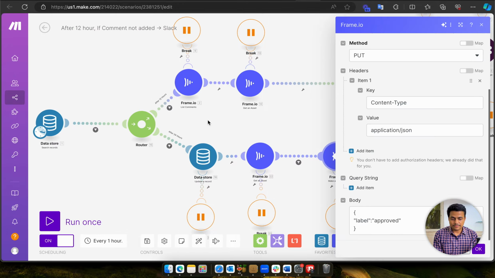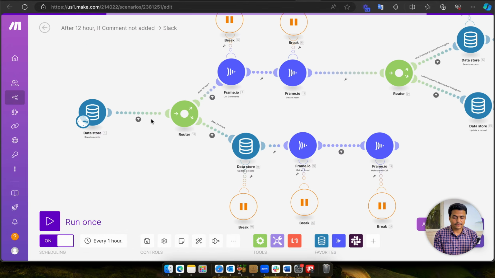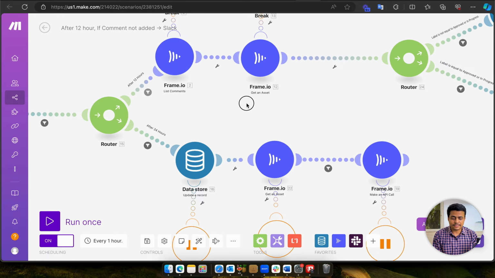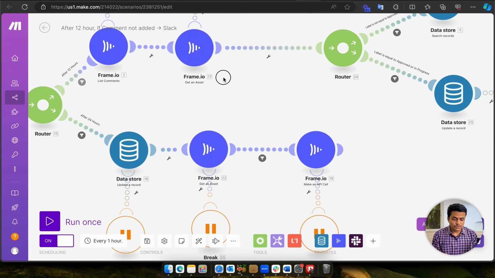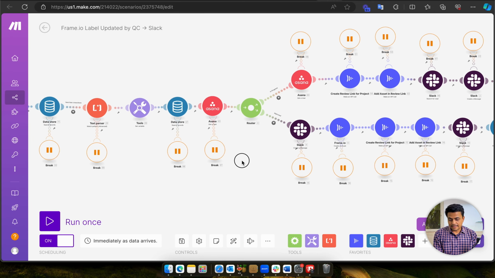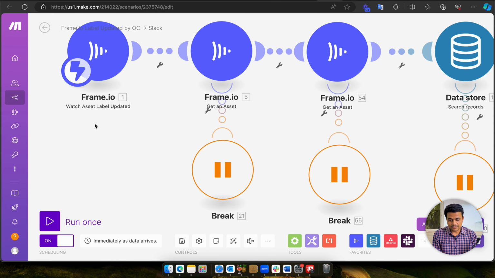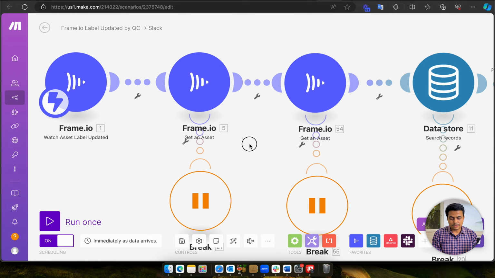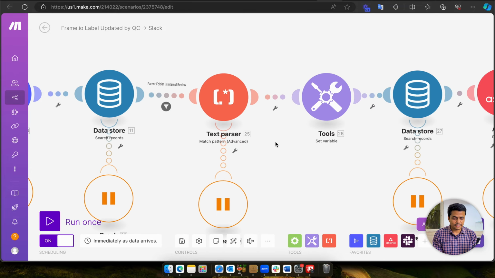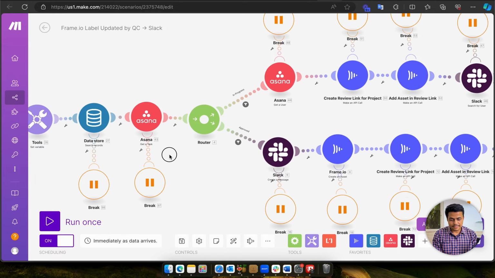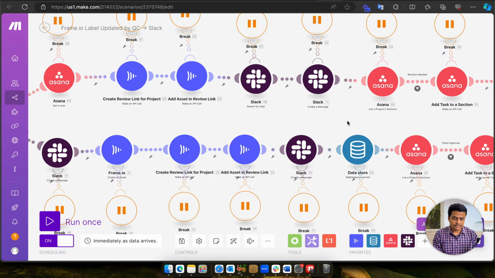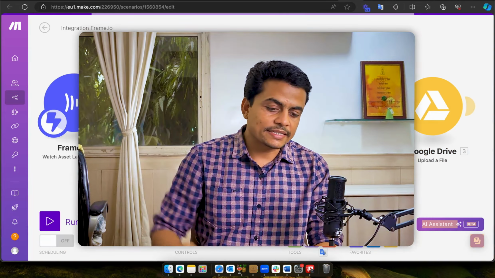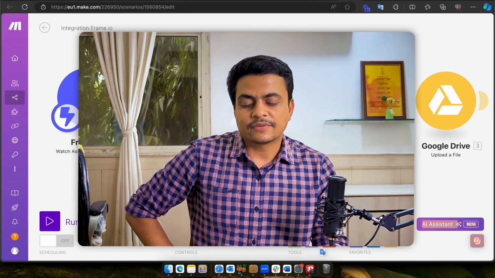Even more complex automations are possible, like when we are handling comments with Frame.io. We list all the comments, take out that particular asset, and then reply to those comments, or store them in some other facility. Here is another good example of automation, starting from Frame.io. Whenever a label is applied on a particular video or project, it gets the asset, does text parsing on the label, and then creates a task inside Asana. It runs through the review link, a Slack update, and then a couple more Asana task updates can also happen. These kinds of things can be done with the Frame.io APIs as well as the Frame.io integration with Make